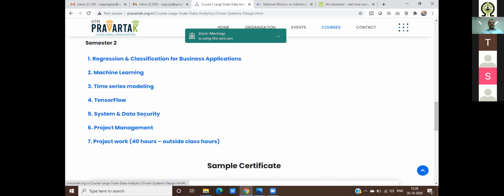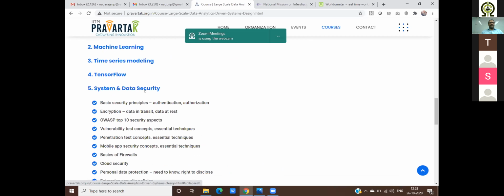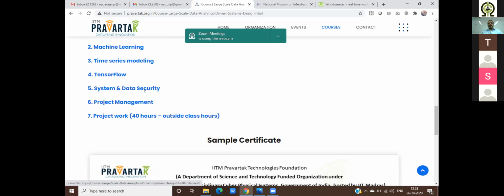And most importantly, system data and security. What we are seeing is data is not just stolen from the OLTP, online transaction processing systems. In OLTP, you have got access controls, authorization controls, everything. Imagine from 100 different systems, you get all the data, dump it to one place, and somebody steals from that place if it is not properly secured. That is where this data warehouse and data lake, if it is not properly secured and there are no controls, you can lose the data collected with hard-earned effort. So the system's data security will take care of that.